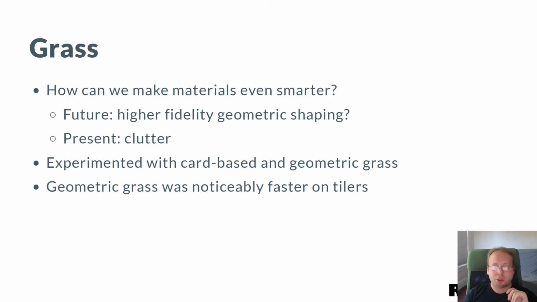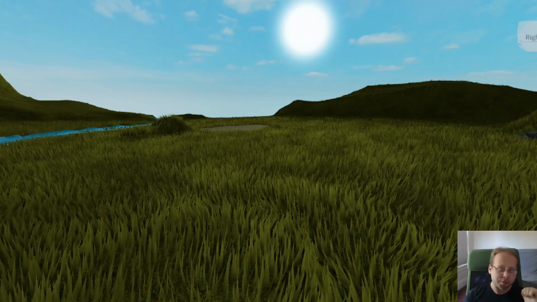But when you run any card-based grass, it doesn't matter as much if you use blends or discards, it still ends up being substantially slower than geometric grass on tilers, specifically on deferred tiling architectures where the hidden surface rejection pass can remove a lot of the geometry that's not visible. If you do card-based grass, you mostly can't use that, and so that's not great for performance. So we like the look of card-based grass a bit more, but we ended up going with geometric grass because it's much more performance friendly and we can actually ship this on mobile.